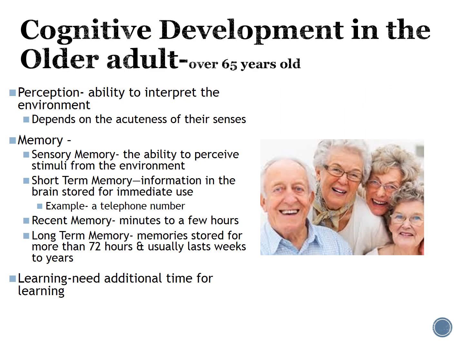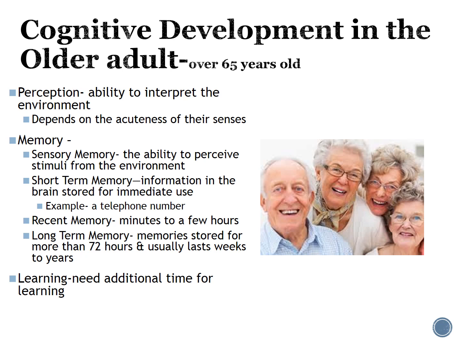Cognitive or thinking development in the older adult. Perception is their ability to interpret the environment around them, and this can highly depend on their senses. If they wear glasses or hearing aids, or if they don't wear glasses or hearing aids and need them, it can be a huge problem if they don't have these items. It can even be a safety concern.